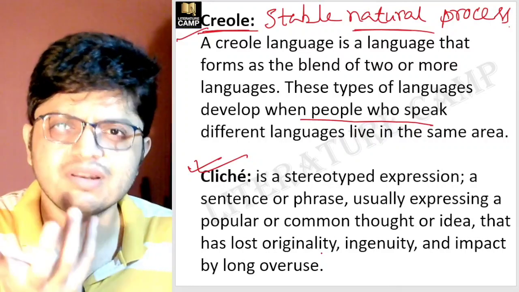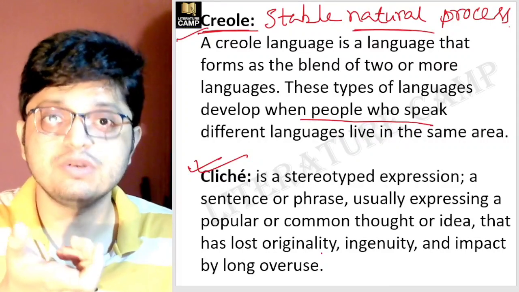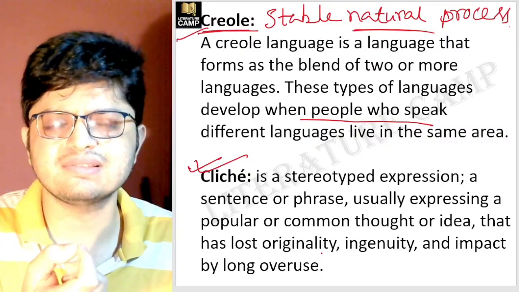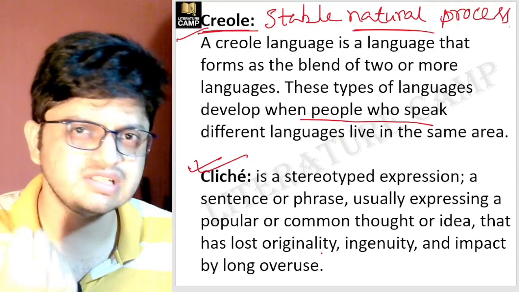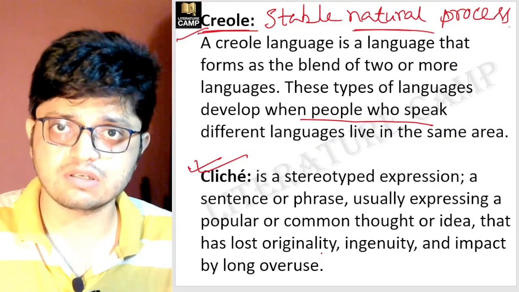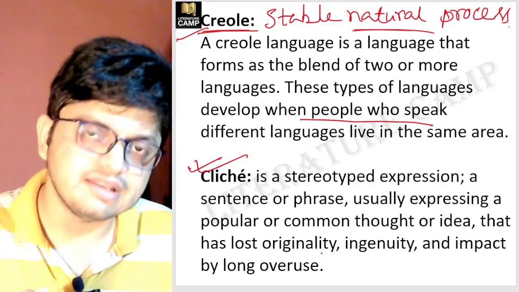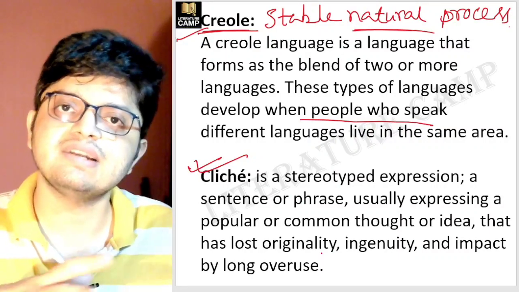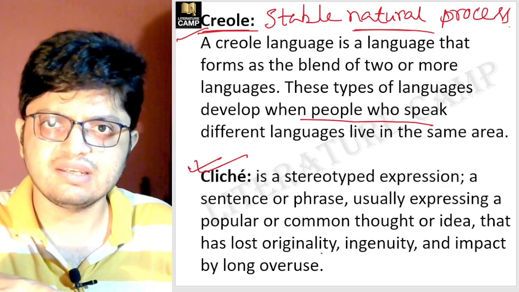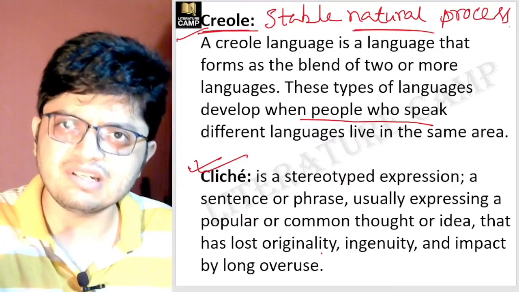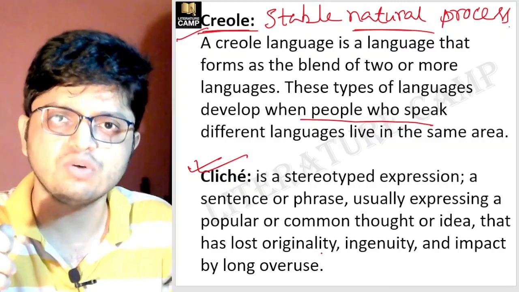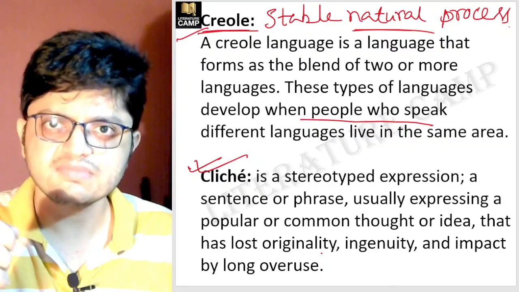We use a very common sentence: every cloud has a silver lining, right? We know this line is the line of John Milton, who has written this line in a different context in his Comus. But presently, we use this sentence in a different sense. Every cloud has a silver lining. What does it mean? It means that even if we have failed many times, there is a positive, hopeful aspect that talks about the positivity of life, right?